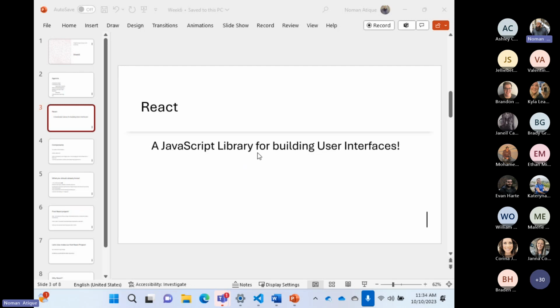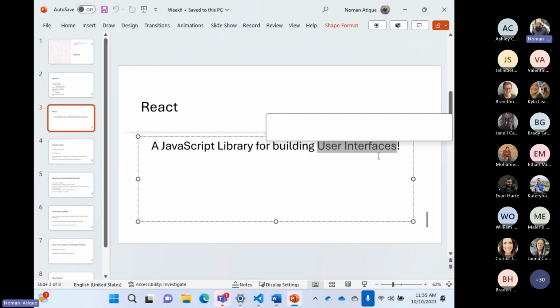So it's a JavaScript library for building user interfaces. I would say stop here. Aren't we learning a lot of things that were already used for making user interfaces? We have learned HTML, CSS, and even JavaScript basics, and all of them can combine together to make good user interfaces. So why in the world am I learning another library to make user interfaces? Is that a valid question that comes to mind?